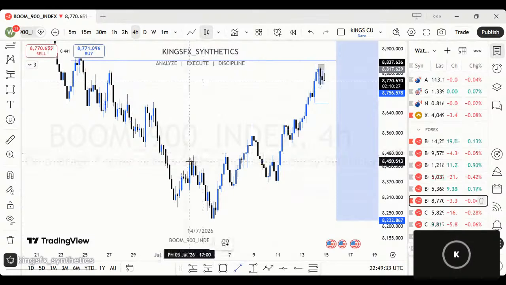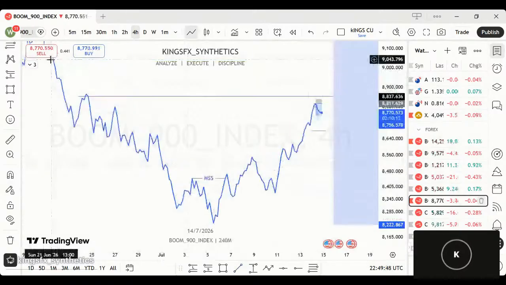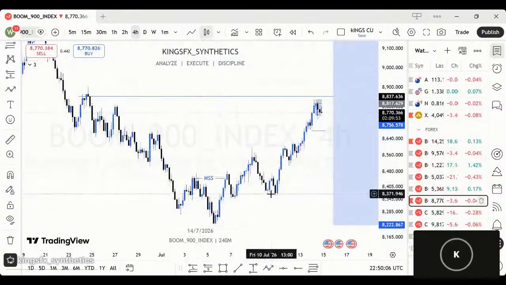You can see that is very easy. It is easy as ABC to analyze this market. Now we saw price dropping all the way down. From here we could see price coming all the way down, and right about that time price turned from the drop and decided to go bullish. Now it started creating a higher high, higher low, higher high, higher low, higher high, higher low, and it created